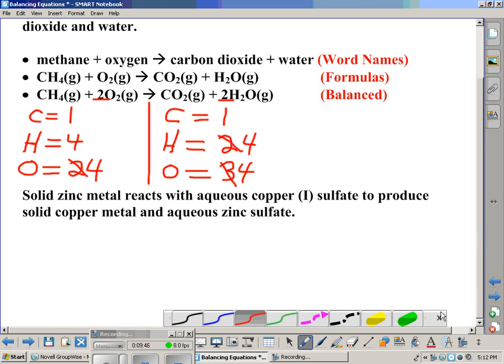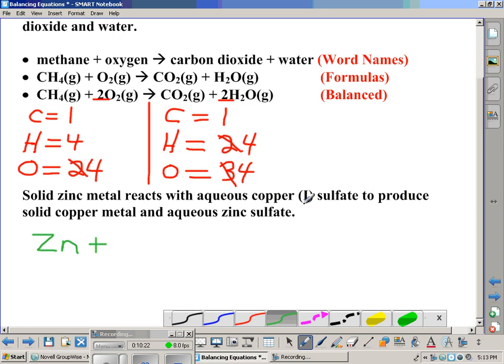Now this next problem is a word problem. And just as above, where we could pull out the information we need, this one doesn't have a lot of fluff, just like the last one. So I think I'm just going to jump straight to the formula step and pull out the formulas. Okay, so we've got solid zinc, Zn, the elemental symbol for zinc, reacts with, okay, so that means we've got another reactant, so let's put a plus in here,